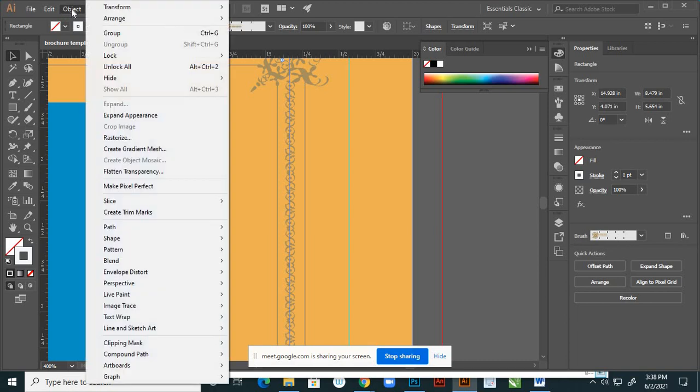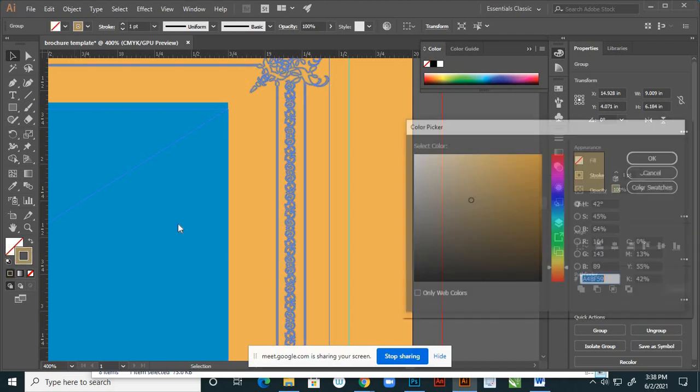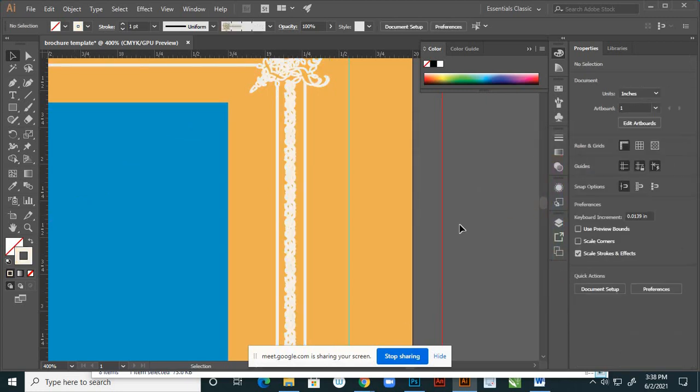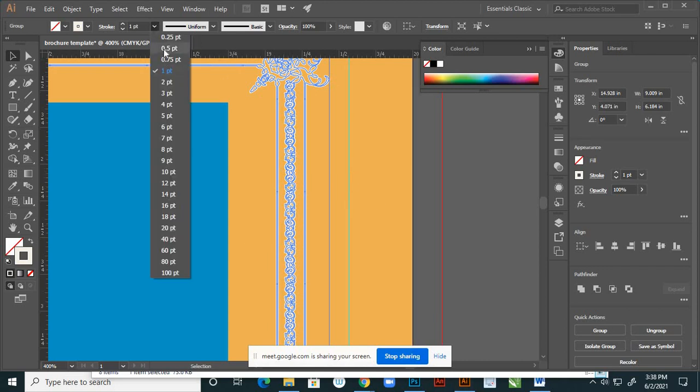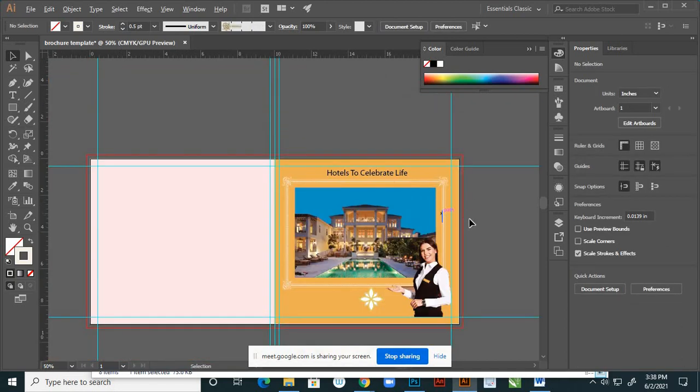Ungroup, and from Object, Expand Appearance, right? And I'm using this light color, right? Light color, but this line must be 0.5, very thin line I want, right?